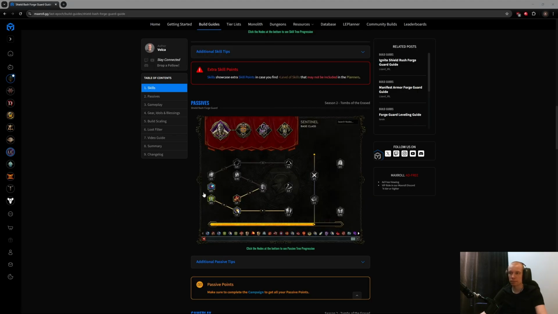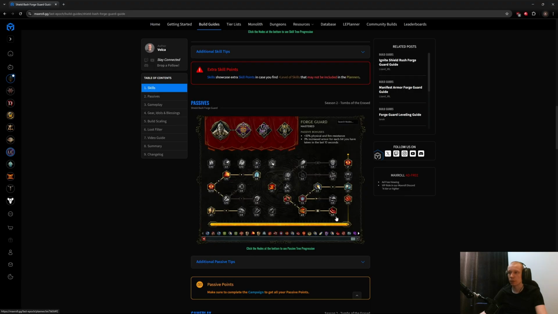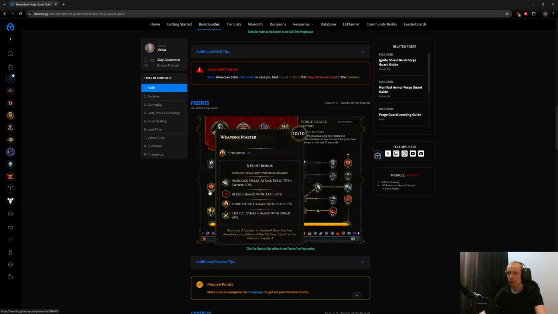For the passives, usual stuff on the Sentinel base tree: strength, vitality, damage reduction, and then the block chance. On Forge Guard, you want to get, of course, Forge Master's Might to actually be able to use Event Horizon and a shield at the same time. So very crucial node. You of course must have this. So you rush to this node, and then for the other stuff,